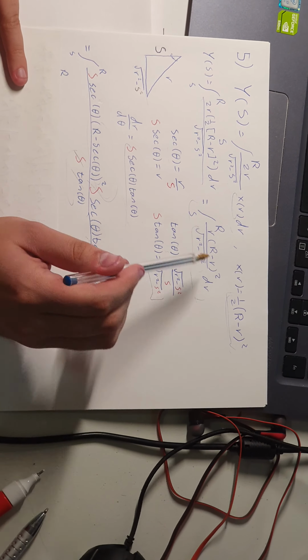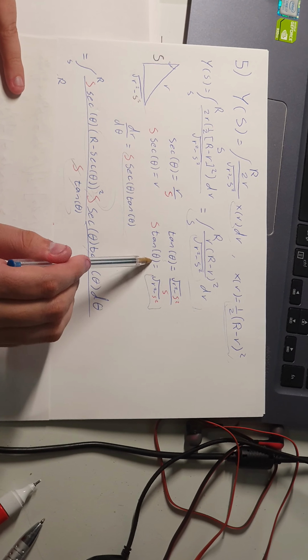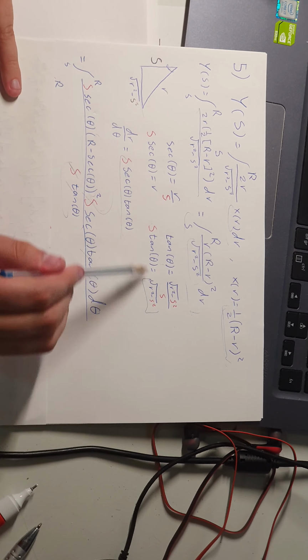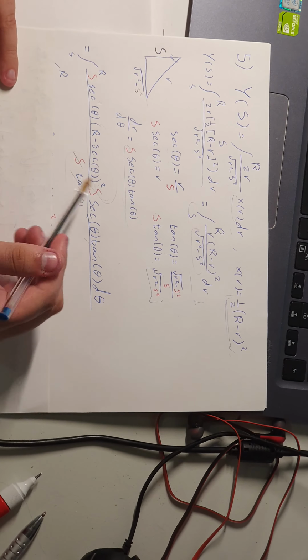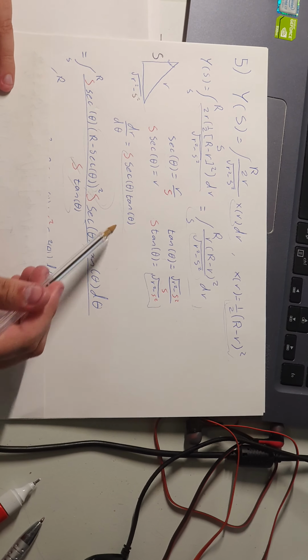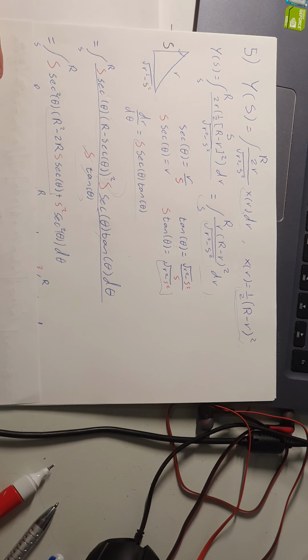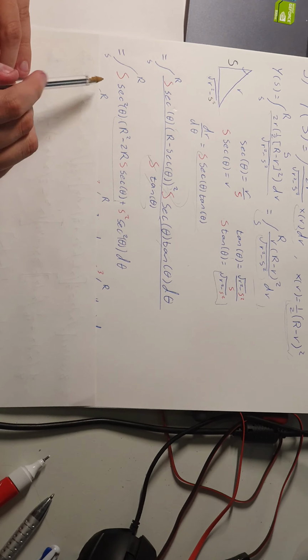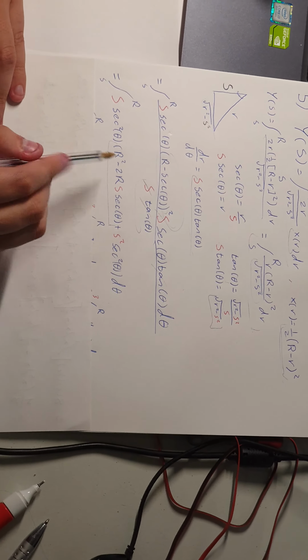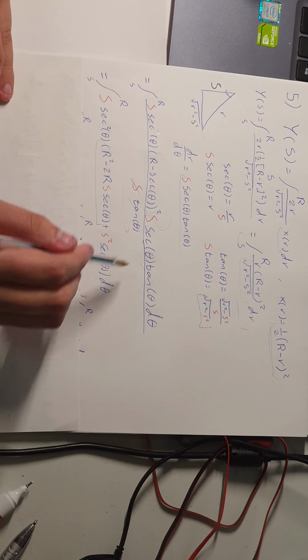Also where we had the root, will turn into s tangent. Now we killed what we can kill, this s with this s, the tangent with the tangent, and we get to this integral. Okay, now we're gonna work with these binomials